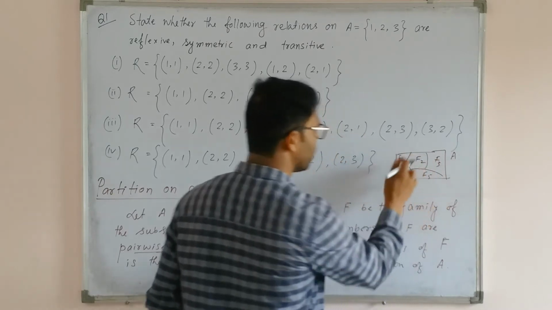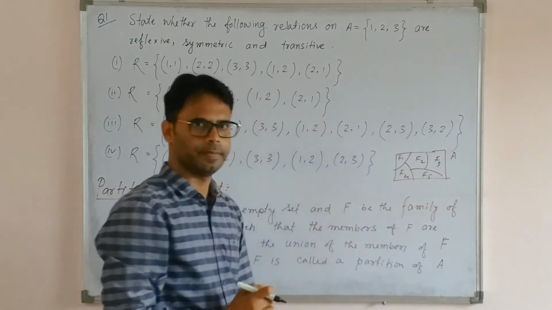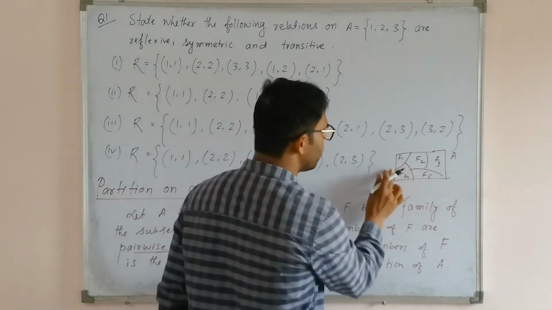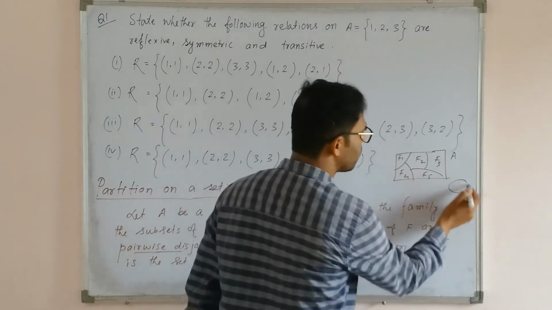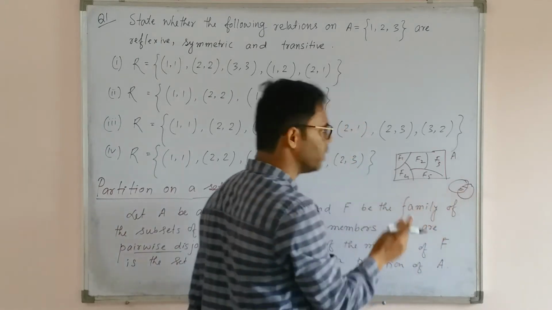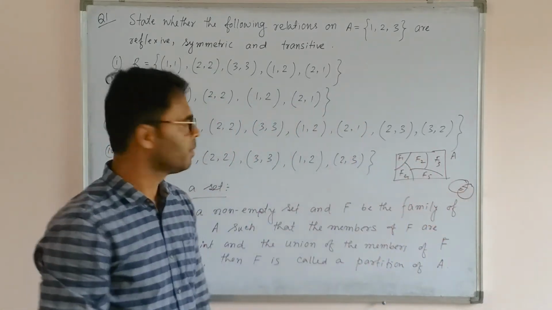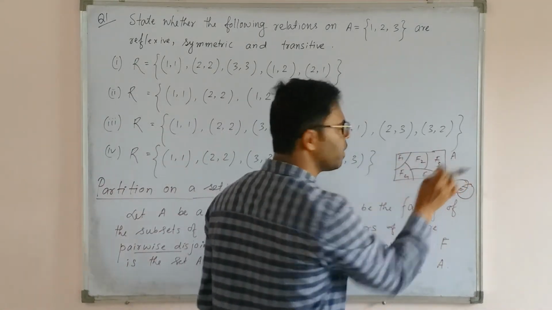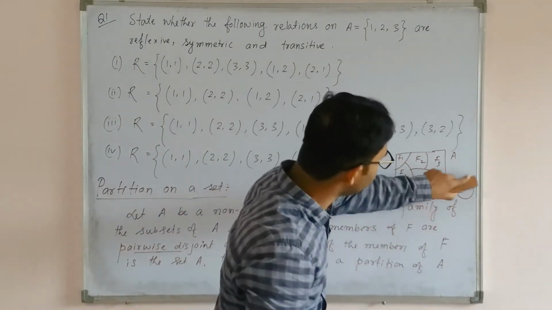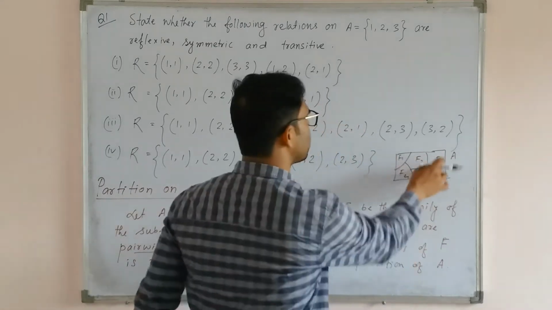These are actually subsets of A. And you see, the intersection of any two subsets is empty because there is no overlapping. Therefore, they are pairwise disjoint. If we take the union of all of these, we get the set A back, and hence these are the partitions of the